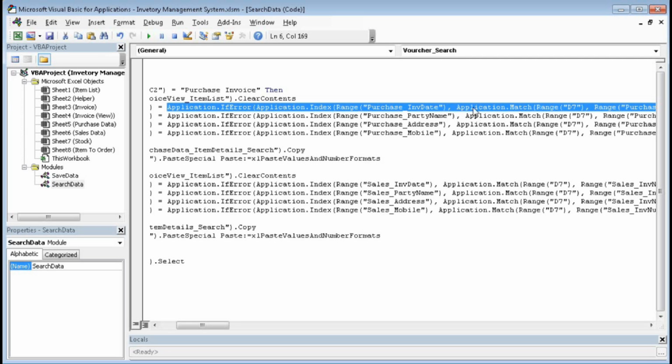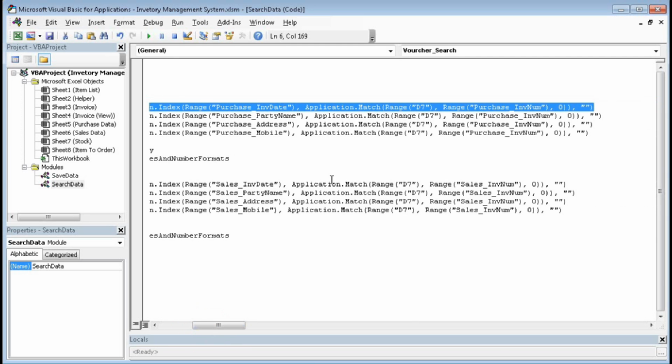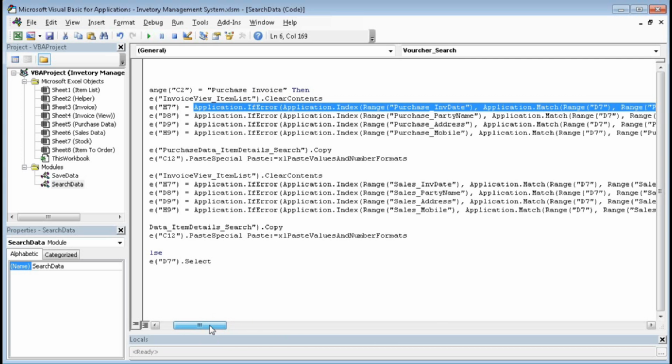For that we have used the MATCH function, and within the MATCH function the range is D7 and it is invoice num. So we have to create the invoice num also, and in this way we searched all those: invoice date, party name, address, and mobile number.